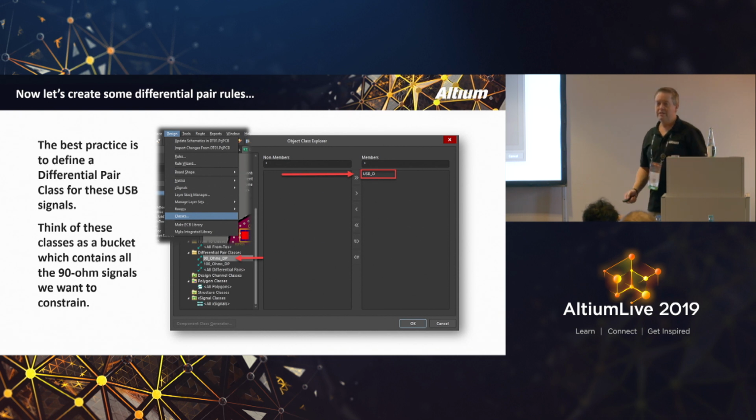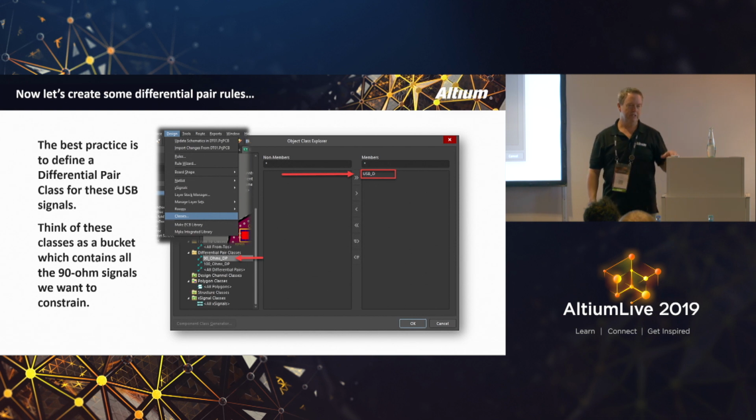So any of the pairs that you have defined in your schematic as differential pairs would appear in this list of non-members, and you simply push them over into the member list, and now they belong to that differential pair class. I didn't do any slides because I didn't really want to go back to the schematic,